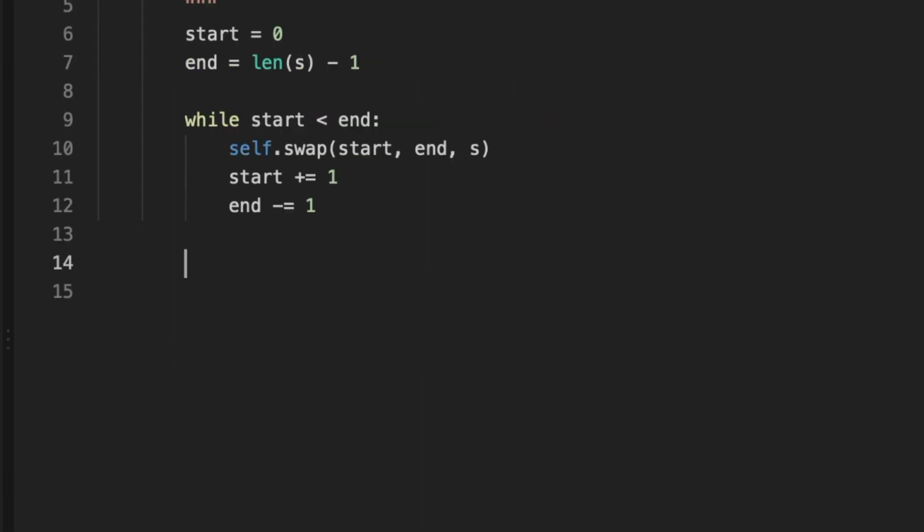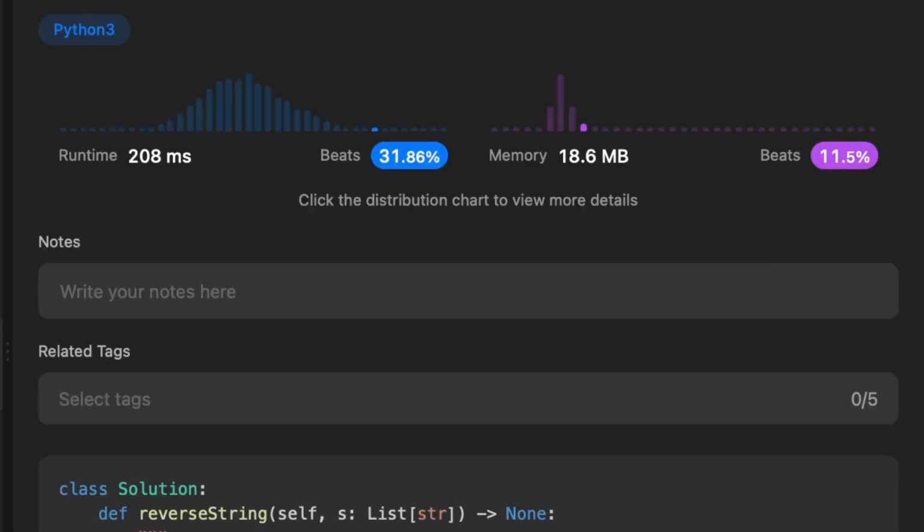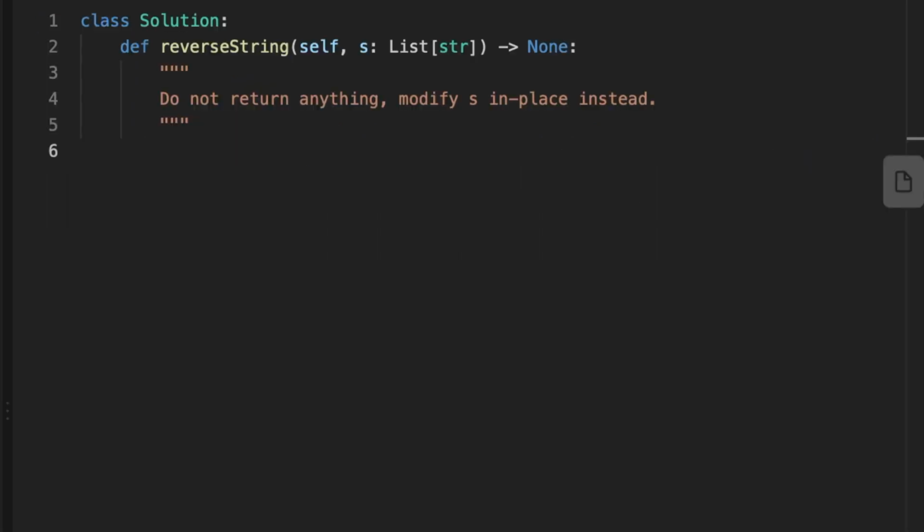So let's define our swap function. The swap function takes three arguments: the start pointer, the end pointer, and the array of characters. The function swaps the characters at the i index and the j index, and we don't return anything because we are modifying the input string in place. So at the end we'll have an output array reversed in place, or we can write it in one line